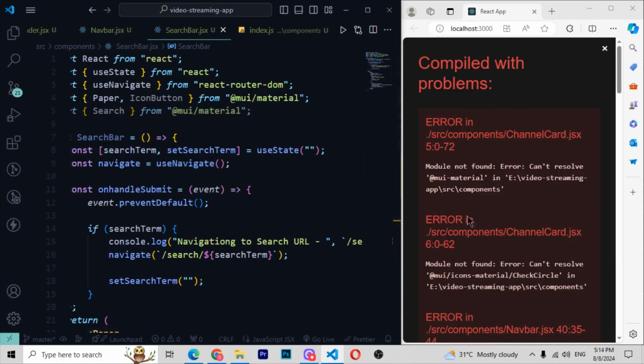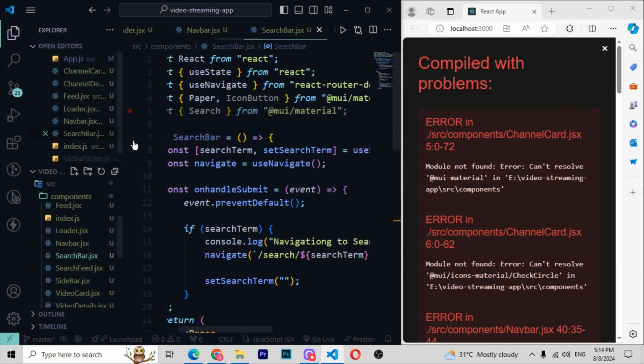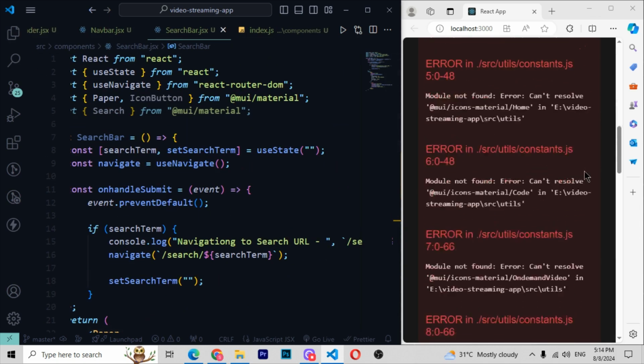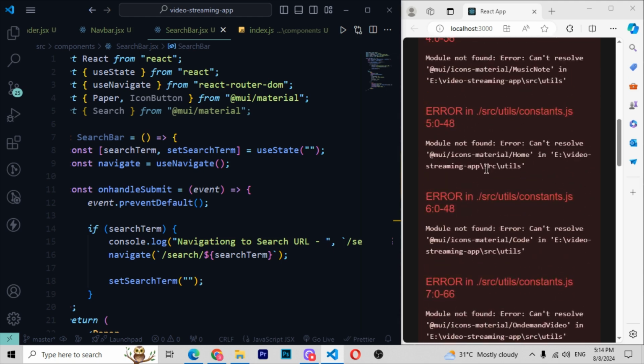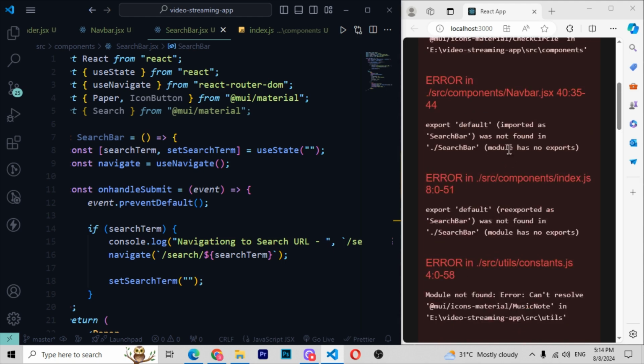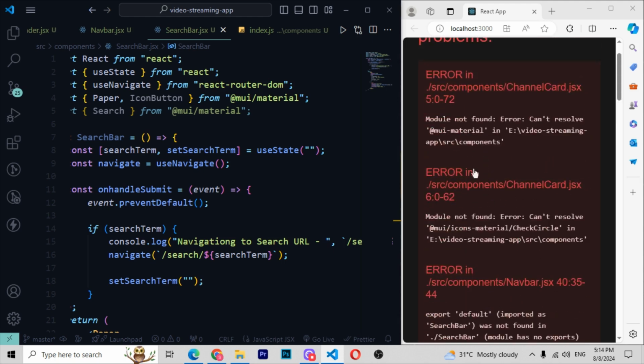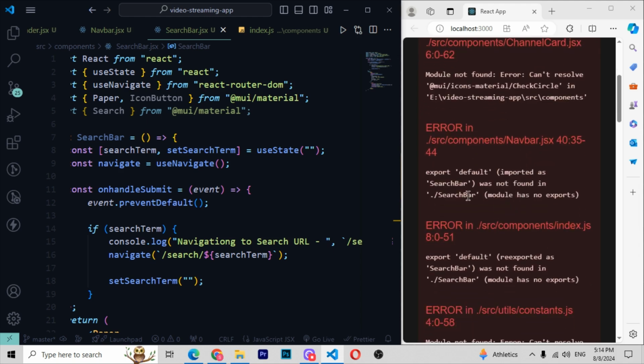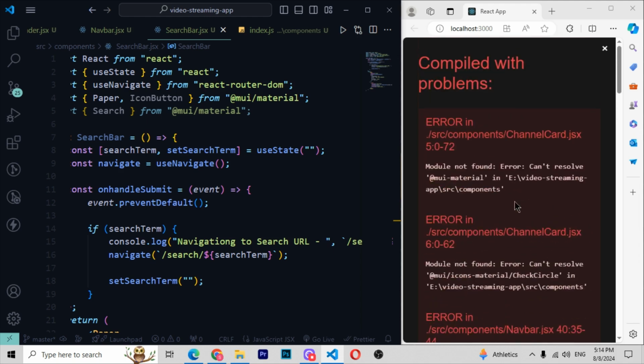not getting the interface here. And the thing is that we are not getting the interface because we have not downloaded the libraries, and to download the libraries you have to install this MUI icons material, which is really important to install if you want to use these libraries like the search bar and these components. And we are also getting some other errors like module not exported. So we have to install these things, and for installing that we have to simply use one thing,